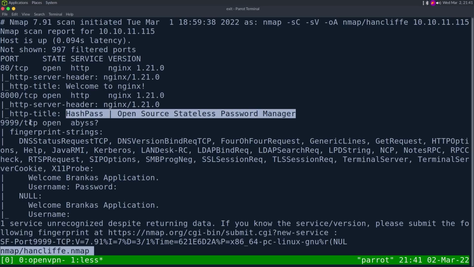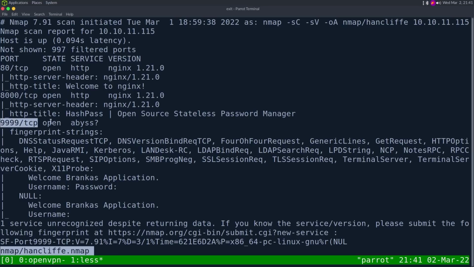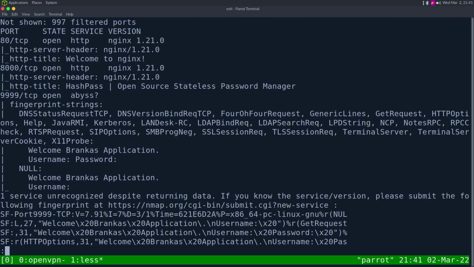We also have port 9999 open, and nmap doesn't exactly know what that is. That's why the service has a question mark in it. It's just guessing based upon the Abyss service normally listening on this port. If we look at it though, we have a banner that just says welcome, asking for username and password. So I bet if we nc